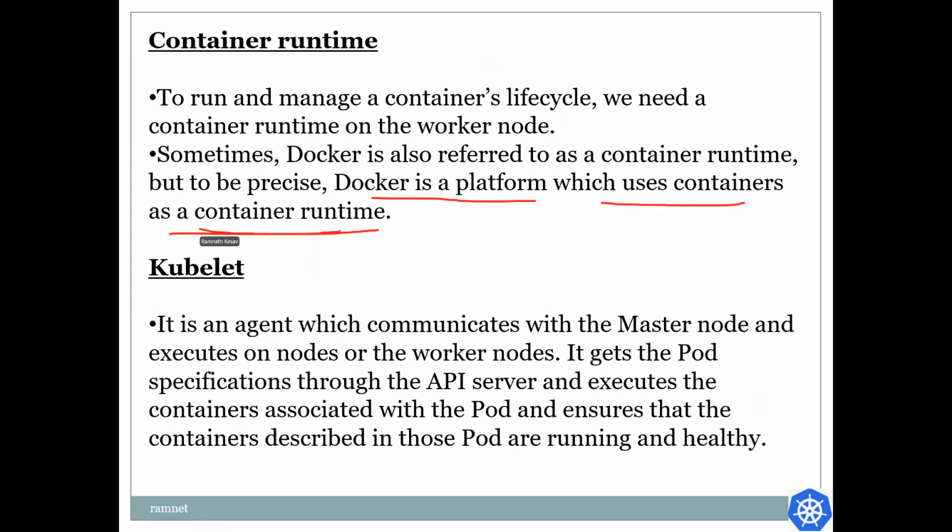Kubelet is an agent which communicates with the master node and executes on the worker nodes. It gets the pod specification through the API server, executes the containers associated with the pod, and ensures that the containers described in those pods are running and healthy.